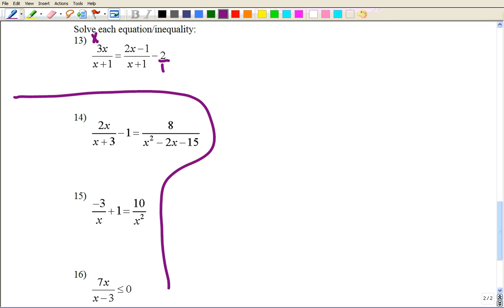So I'll have x plus 1, and x plus 1. Really, I'm multiplying my numerators by this thing. So if my numerator now has an x plus 1 and so does my denominator, they'll cancel out. The x plus 1s will cancel out here, but I'll have to take that 2 and multiply it by the x plus 1. So now I'll have 3x